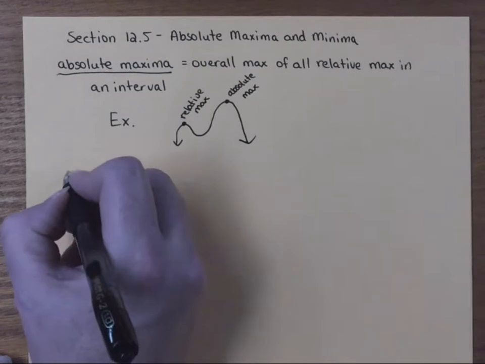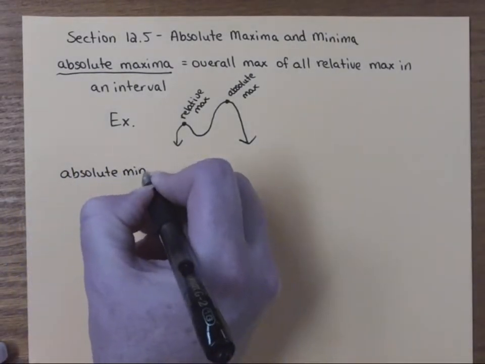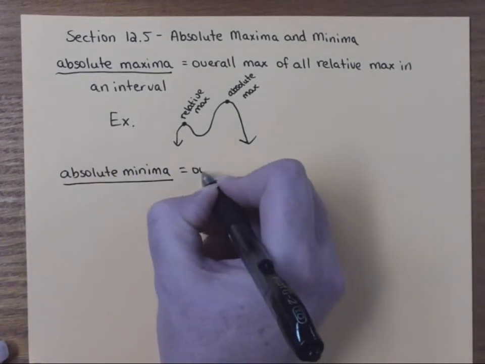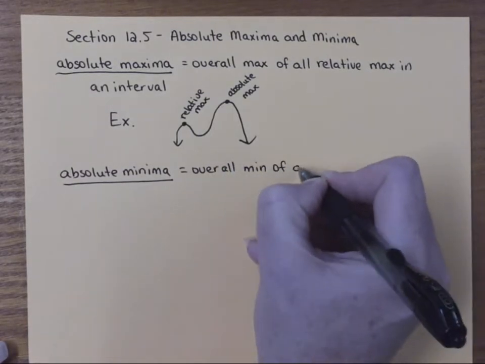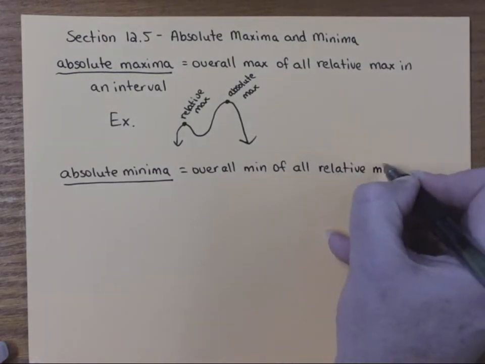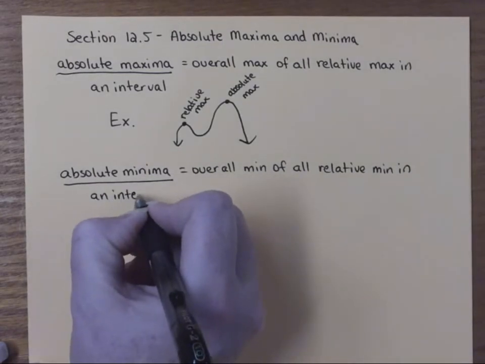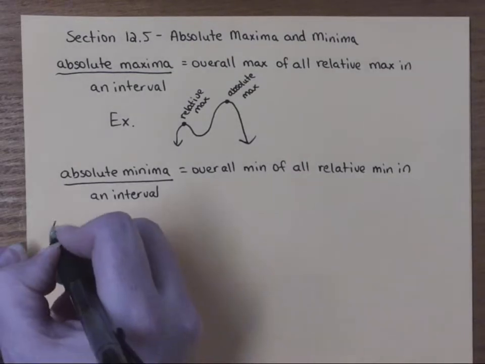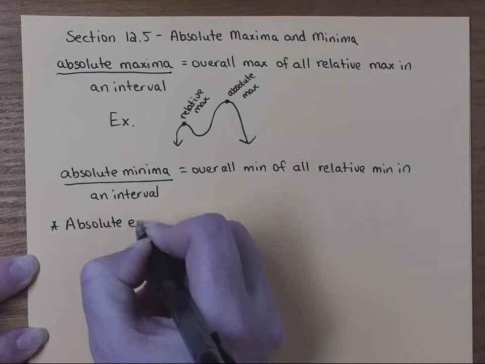Okay, and so I don't think it's any shocker that the absolute minima will be the overall min of all relative mins. But it's still in a specific interval for both of them. So I won't draw you a picture of the min. I think you can figure that out. Okay. So when we group these together, of course, we call them extrema. So absolute extrema,